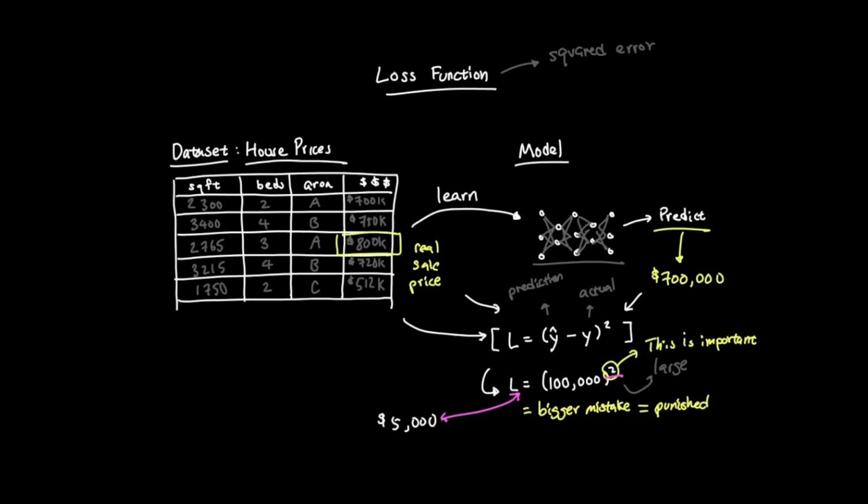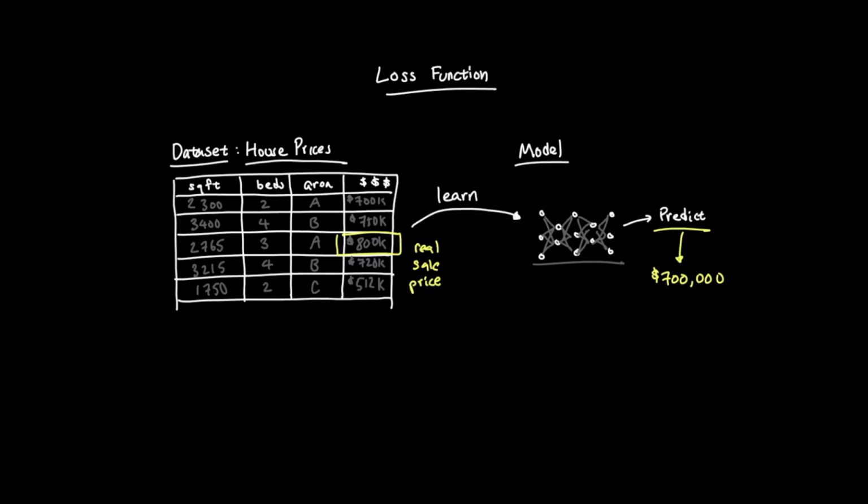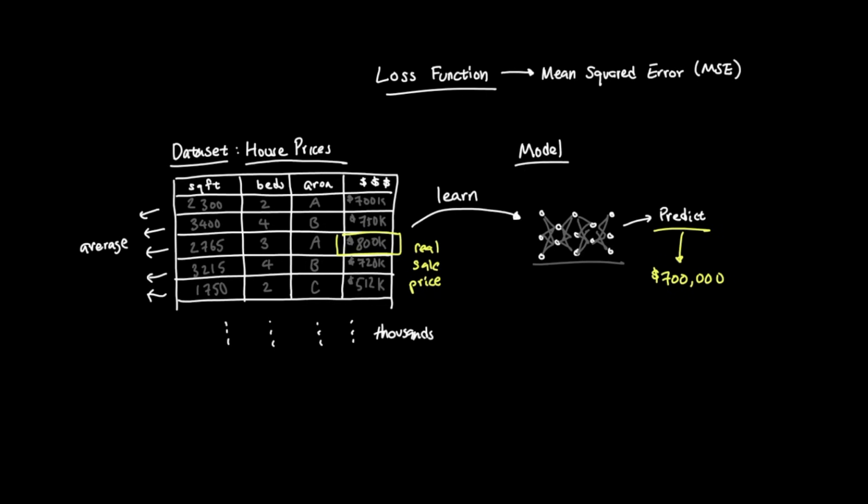Of course, a model is not trained on one house. In the Kaggle house price dataset, the training set has 1,460 homes. So instead of looking only at the loss of one prediction, we usually care about the average loss across all those examples. For house price prediction, one common loss function is called mean squared error, or MSE. Mean squared error means we take one squared error for each example, then average them together. So if the model predicts prices for thousands of houses, MSE gives us one number that summarizes how wrong the model is across all those predictions.